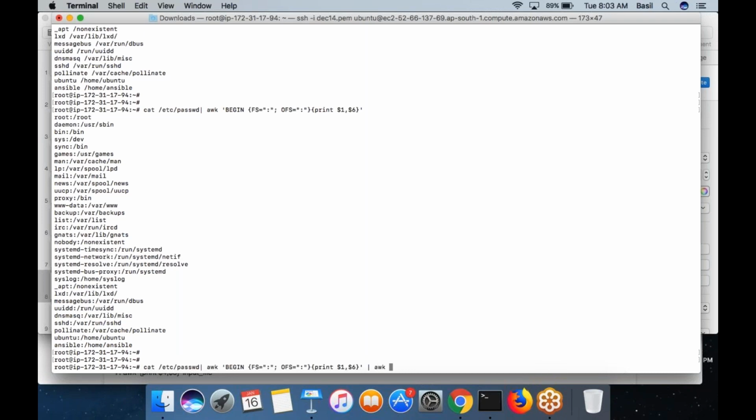You can again put a pipe symbol, then this would become the input of your next awk command. You can have awk executed any number of times, separated by a pipe symbol, so that the output of the previous command is passed as the input to the next command, and it can continue until you get your result.